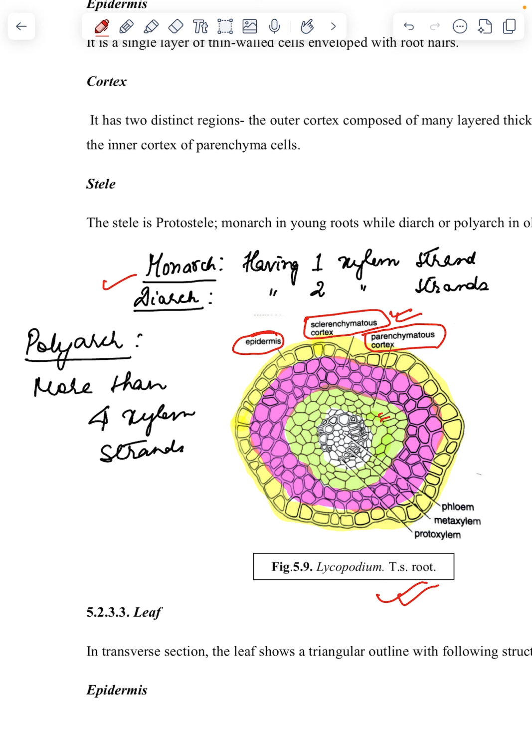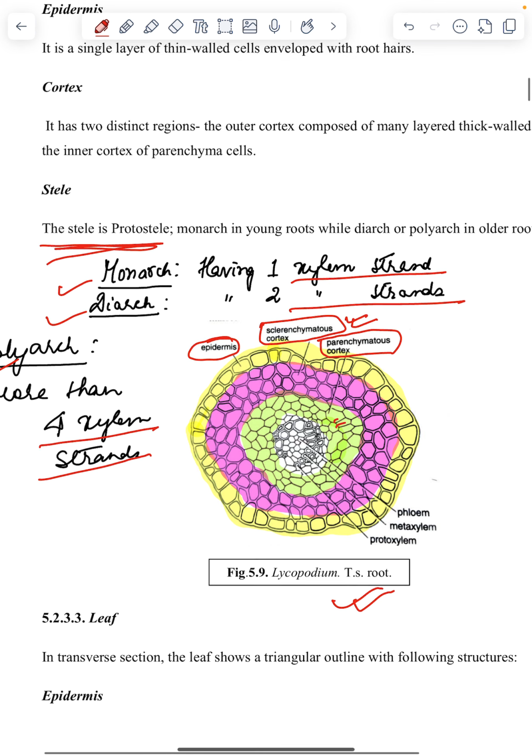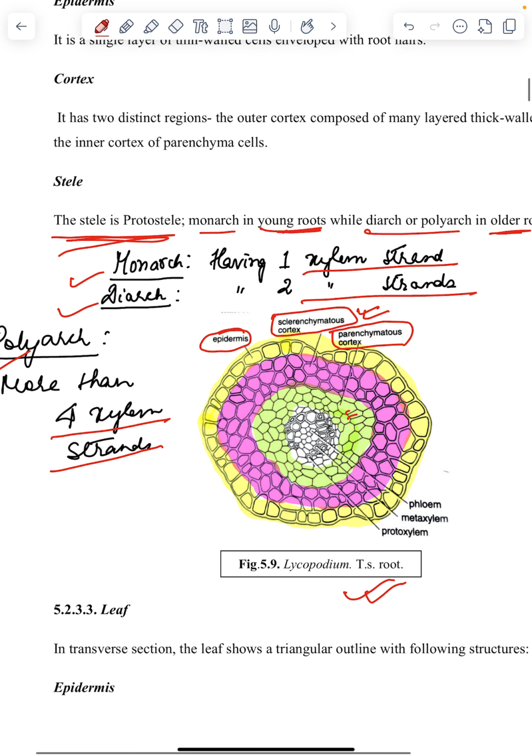Now what is monarch, diarch and polyarch? Now having one xylem strand is called monarch, having two xylem strands is called diarch, and having more than 4 xylem strands is known as polyarch. So remember this, that in case of Lycopodium the root stele is protostele, and in case of young roots, the arrangement of xylem is monarch, while in case of older roots, the arrangement of xylem is diarch or